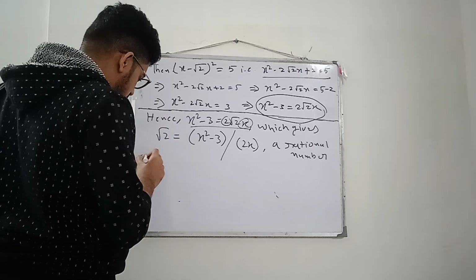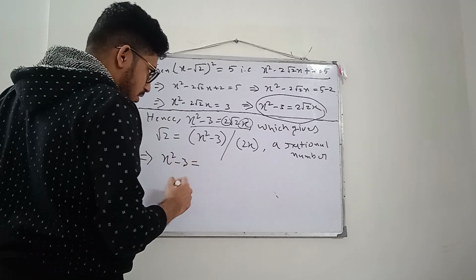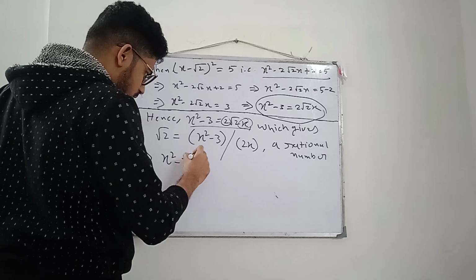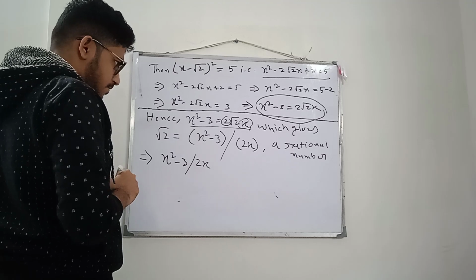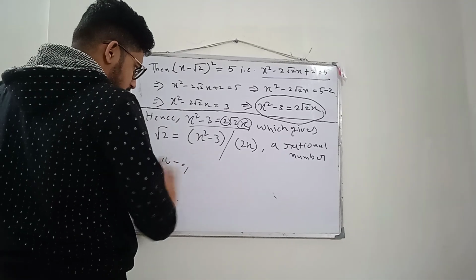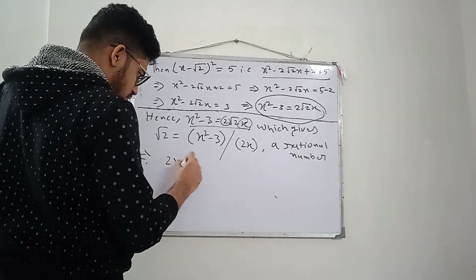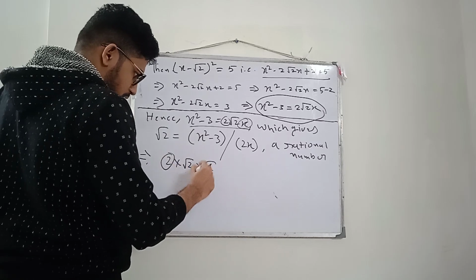The one thing it can be, suppose x square minus 3 by 2x, if this is 2 into root 2 into x, then it can be